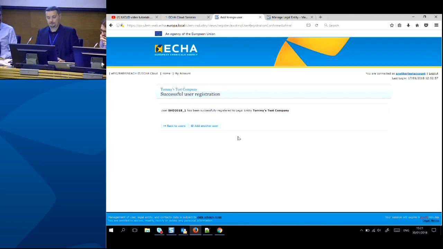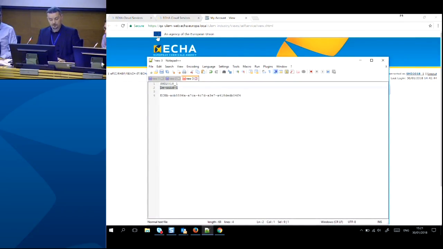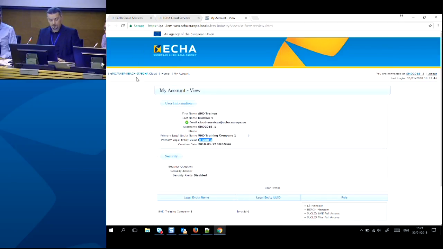And yes, now that is done. So now when I look at my users, I will see that I have my own account here, and then I have this travel case showing that I have one foreign user also using the right with these access rights to my company. If we then move over to look at what it looks like for this guy,